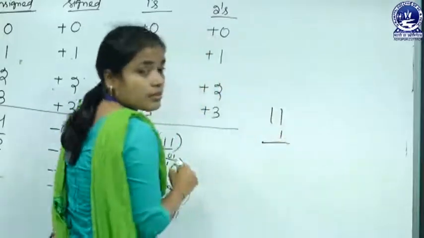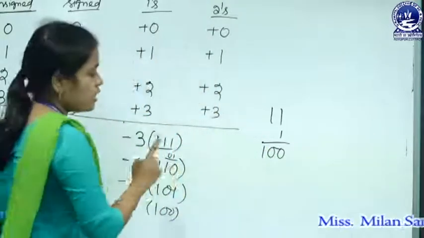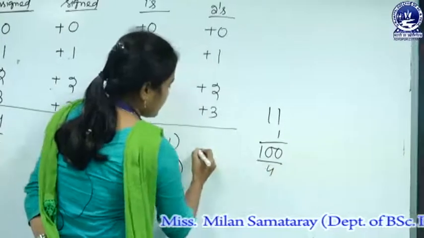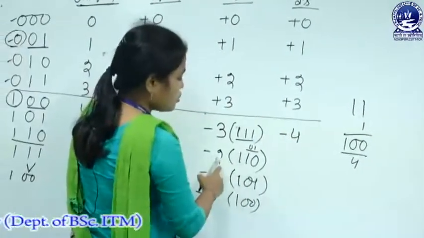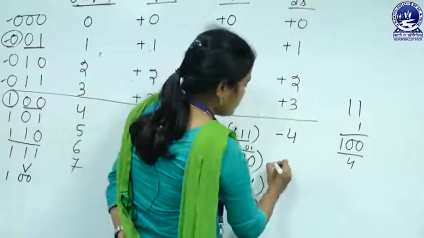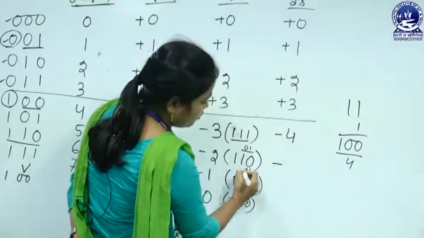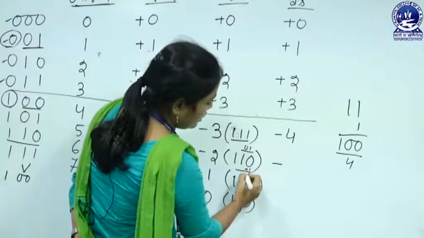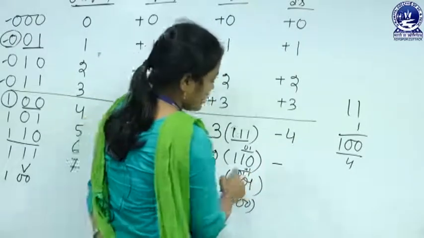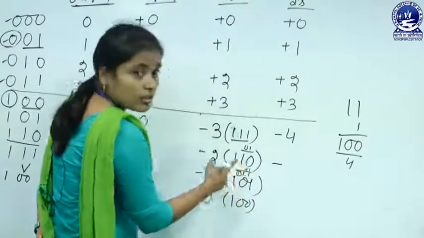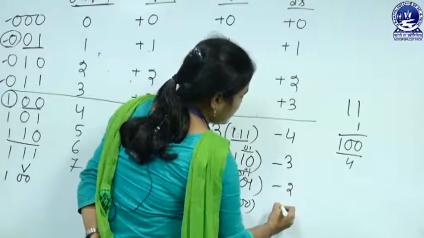1 1 plus 1. So, what will be the value? It is 1 0 0. So 1 0 0 represents 4. So it is minus 4, and for minus 2 what will be the value? Simple, the value is 1 0, by adding 1 what will be the value? 1 1, and this one is minus and these 2 represent the value 3. So minus 3, it is like minus 2, it is minus 1.